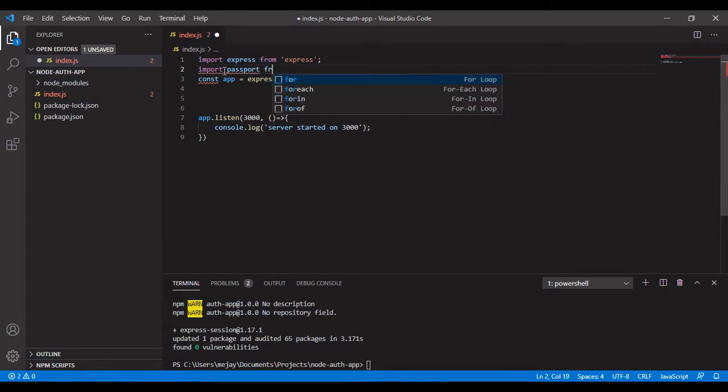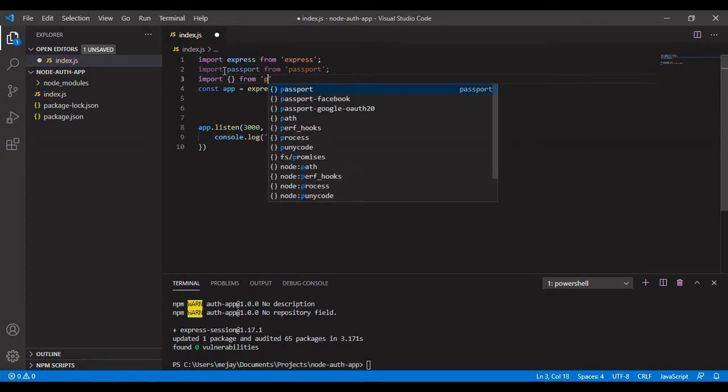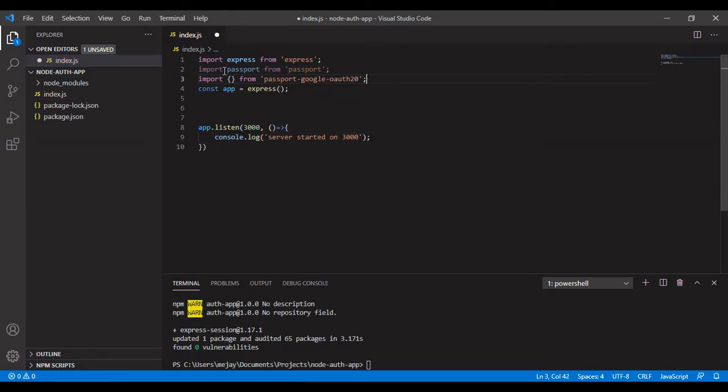First we need to import Passport from the Passport module. Then we need to import the Google strategy. So from Passport Google OAuth 2, we need to import Strategy, as we need to create a strategy for that, like a Google strategy, because we have to use two strategies here.